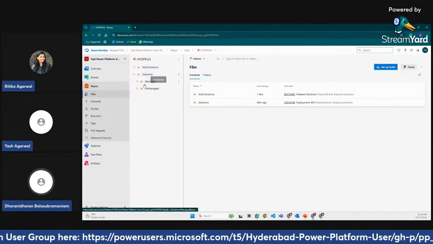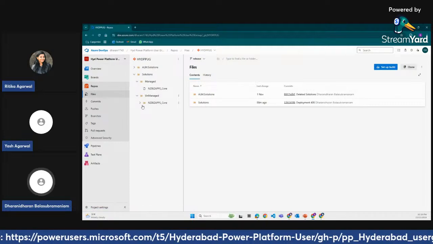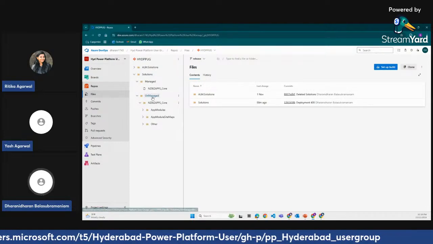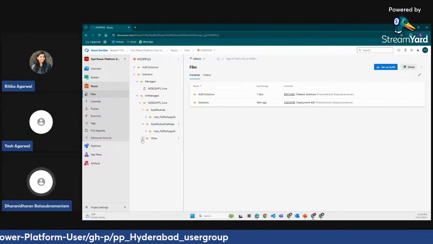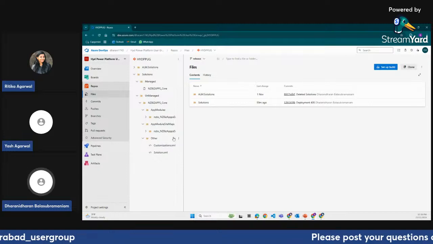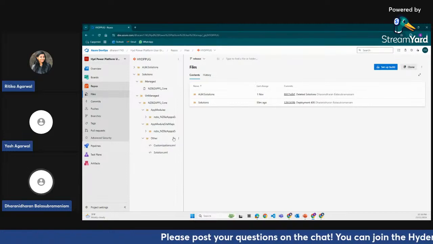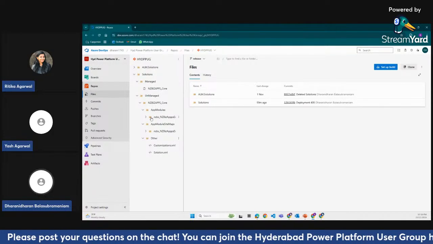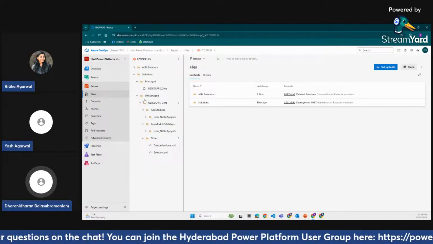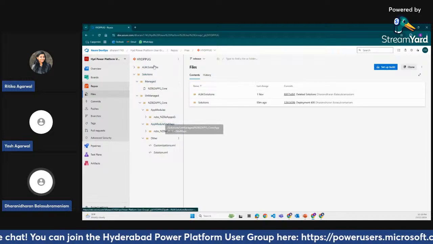I have created the solutions: managed solution and unmanaged solution. For the unmanaged solution, as I mentioned earlier, I have unpacked the solution and I'm storing it at a very granular level to identify any issues that happen. At the final level we'll be able to easily identify issues if we unpack and save it. So this is how I'm keeping the repo structure.